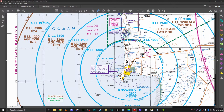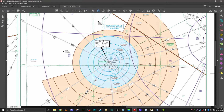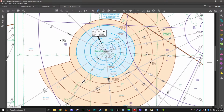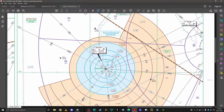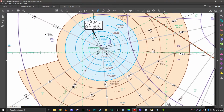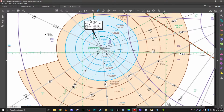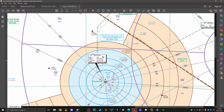Okay, so that leaves me with the last one, class Echo. Well, class Echo is a bit of a funny one. It's sort of between. This is what they call a TAC chart, and once again, this is more or less what you use if you're an IFR aircraft. And you can see here is sort of summed up. We'll zoom in a bit, you can see Broome, and before we had the visual terminal chart, that's if you're a VFR, but if you're an IFR, you can see here, this shows you beautifully what your